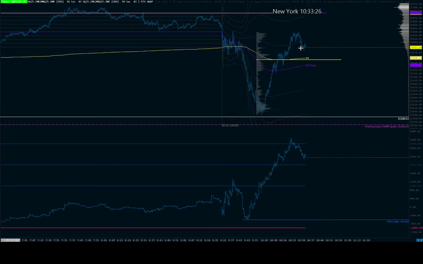You want to look for alignment. I'm going to make this a little bit wider so it sticks out a little more. Let's go with 100. We can see that